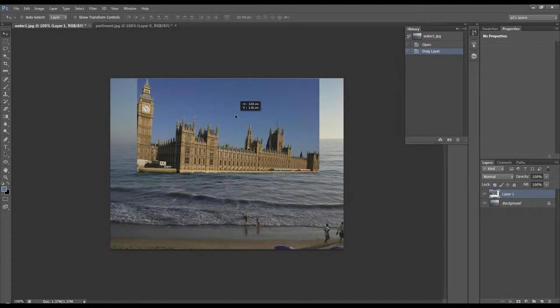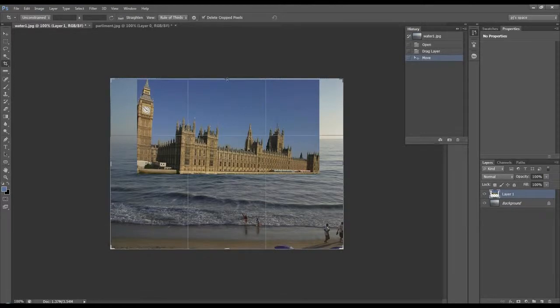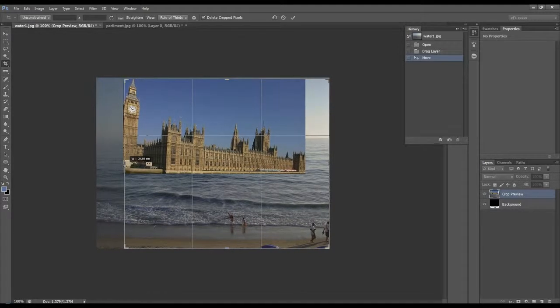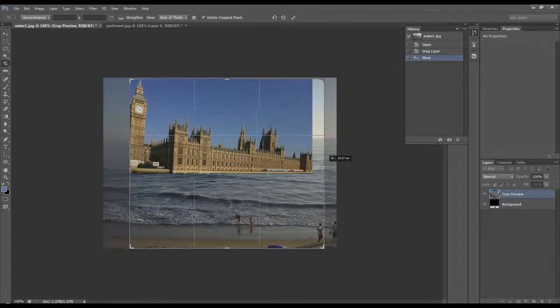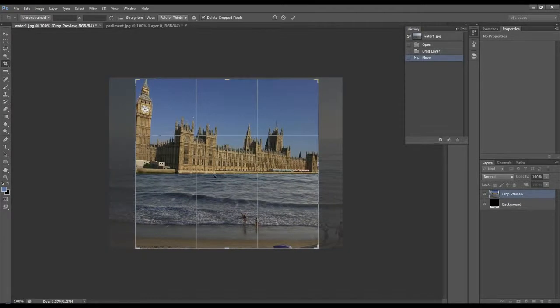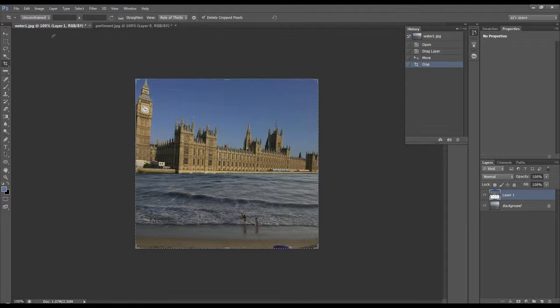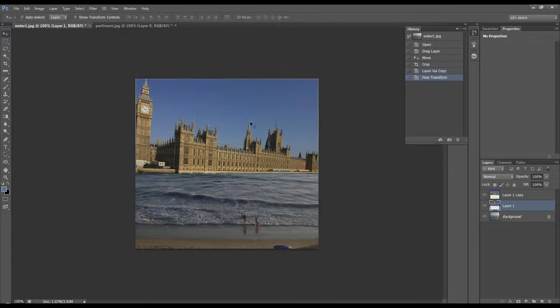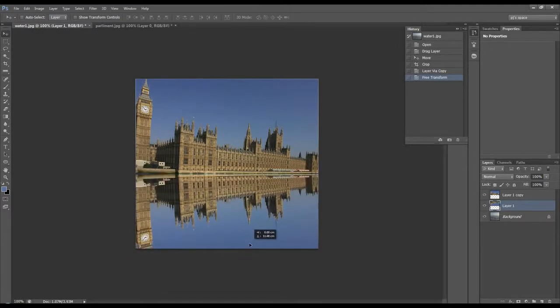and I'm gonna crop this layer also. So I'm just gonna come down just a touch, come in this side, and we'll leave the bottom for the reflection for now. Click OK. Move tool, Control J to duplicate a layer, and on the background layer we're going to do a Control T and a flip vertical. OK, and then we will grab that layer, hold down Shift and drag it down till they line up like